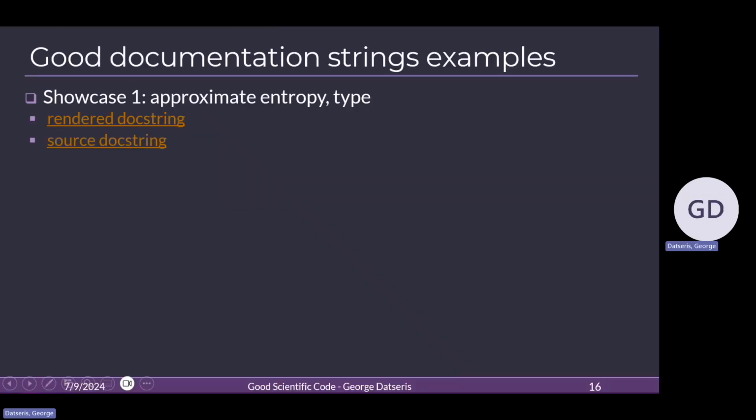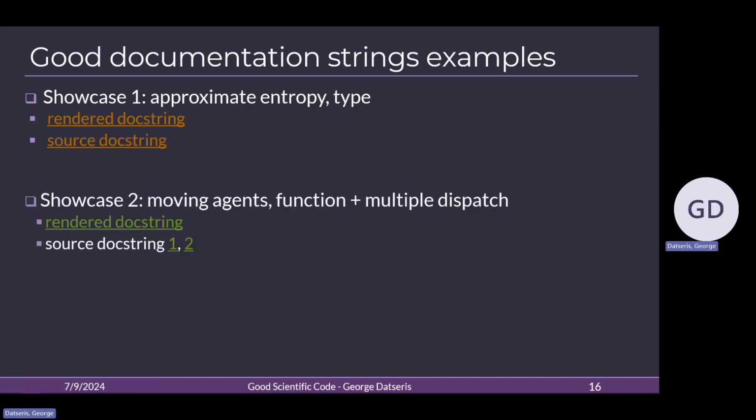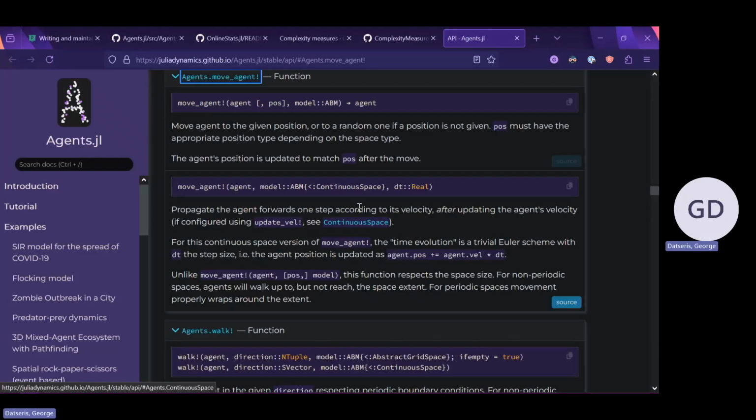Let's see another example over here that I think is also a good documentation string. And as you can imagine, I wrote it. Right. So now this is a documentation of a function that also satisfies multiple dispatch. So the first entry in this docstring is again the call signature. So how would you use this function in code? It has the name of the function, the first input argument, second input argument optional, third input argument with a declaration, and also the return value or the return type.